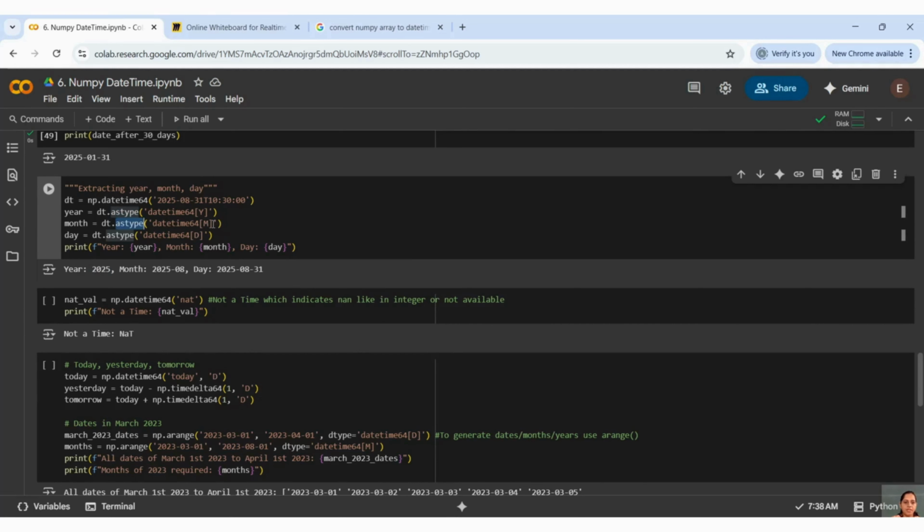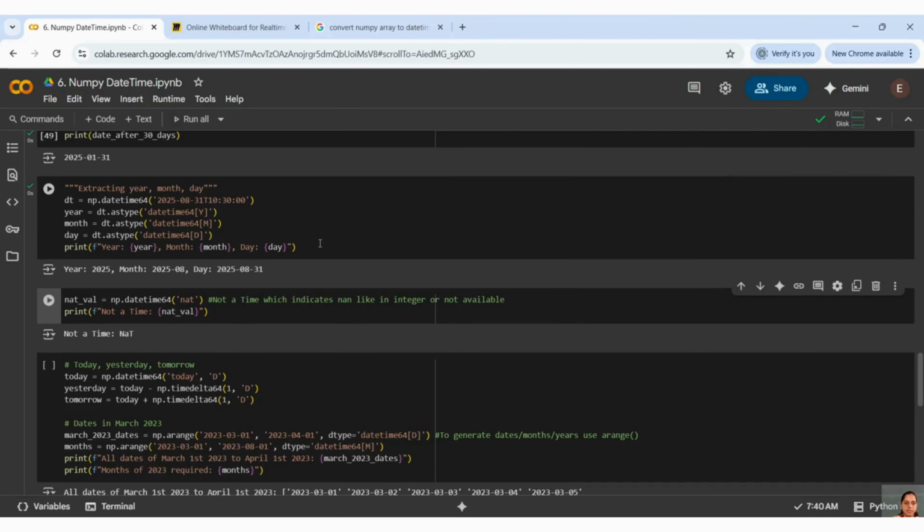Similarly, if you want to extract month, you can just put M beside the bracket. If you take this particular data type, I can say it is presented with three arrays. The index is going to be D, M, and Y. And whenever you are fetching something, you need to use Y or M or D.